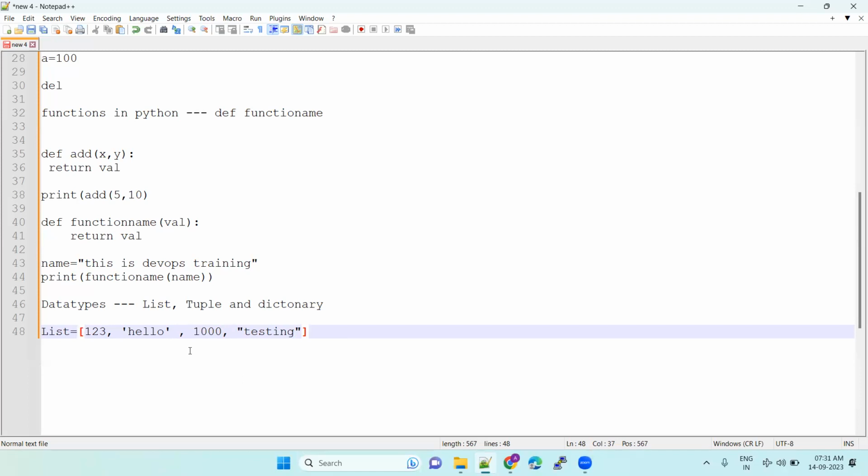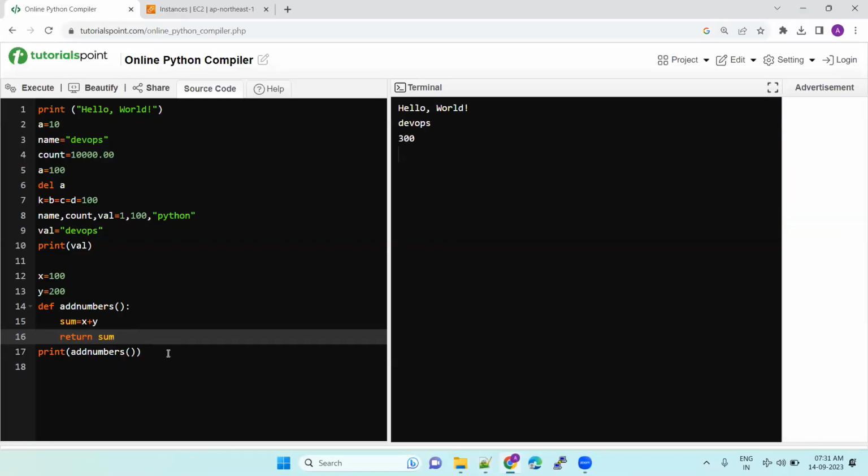So we can define multiple values in the open bracket and closed bracket. Lists are one type of data type. These are called compound data types, and they can capture multiple values. And if you want to print a particular value in it, for example, now, so here,